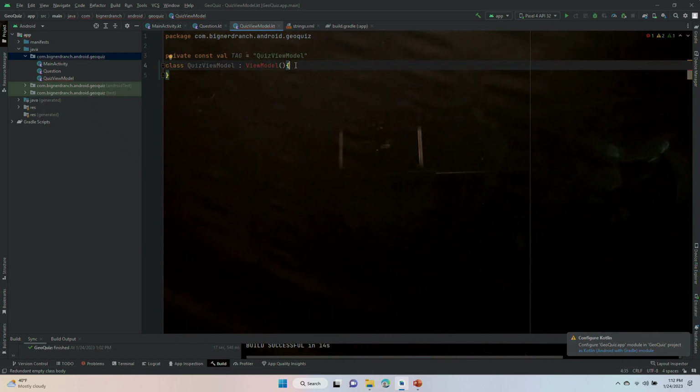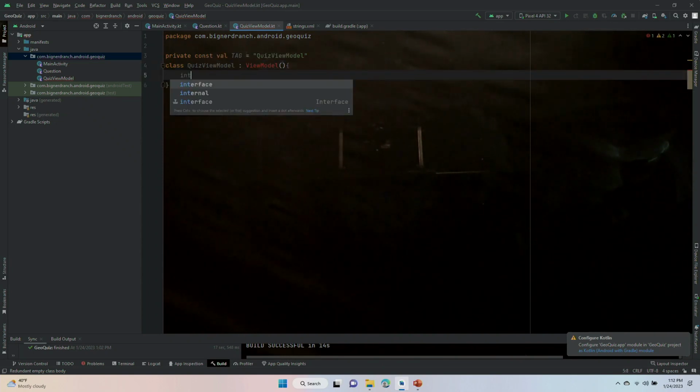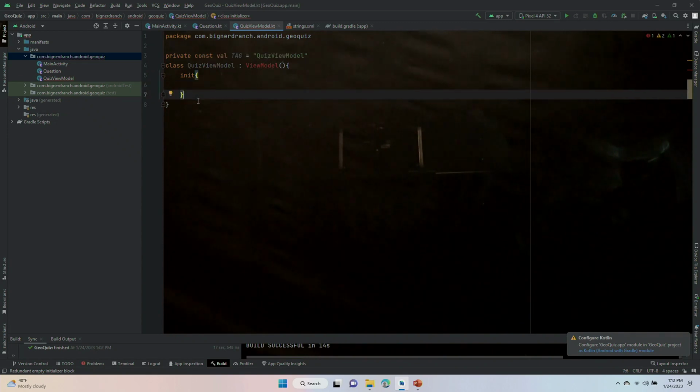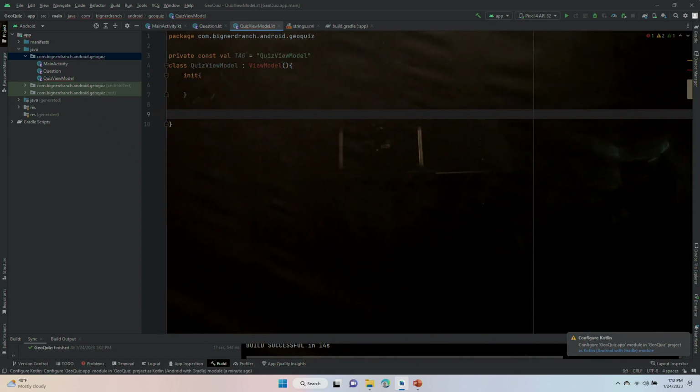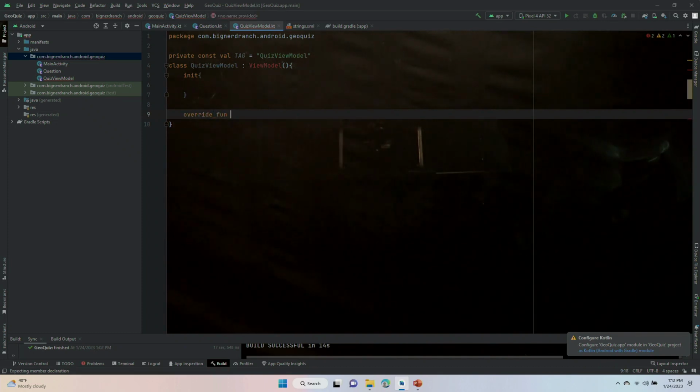Okay, that could have to do with the dependencies. We'll see. And an init. I'll put a line of code in there in just a second, and then we are going to override fun